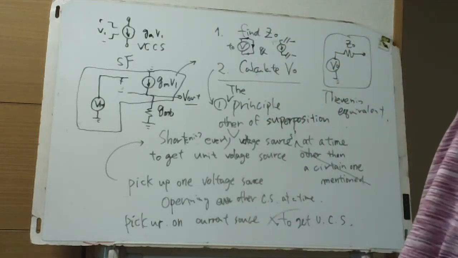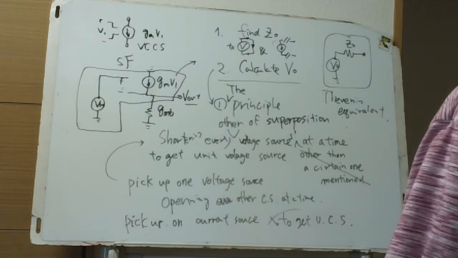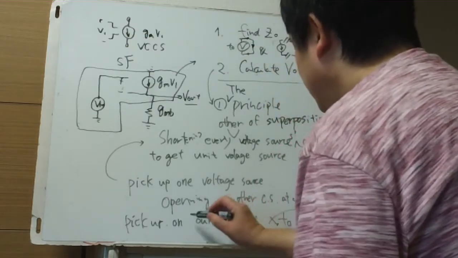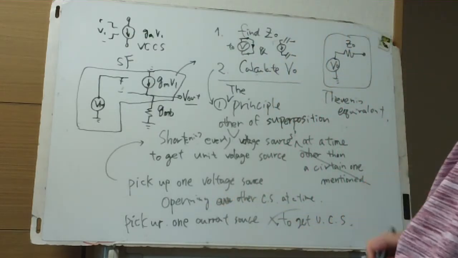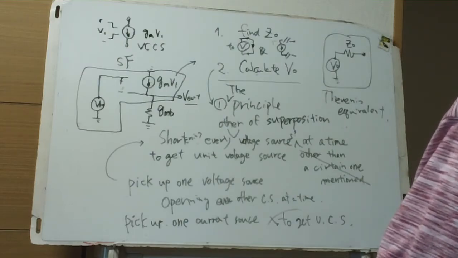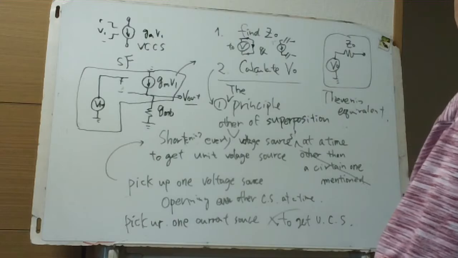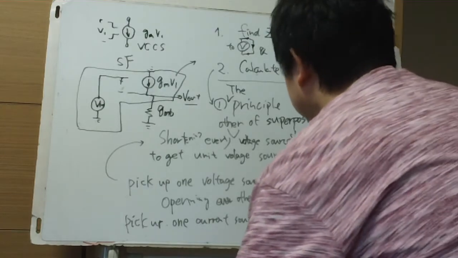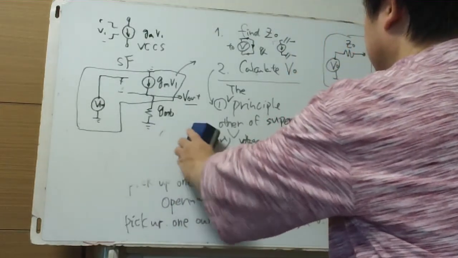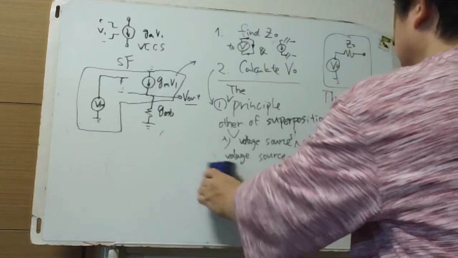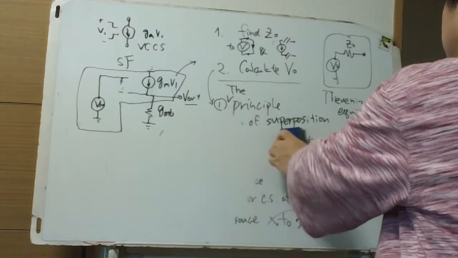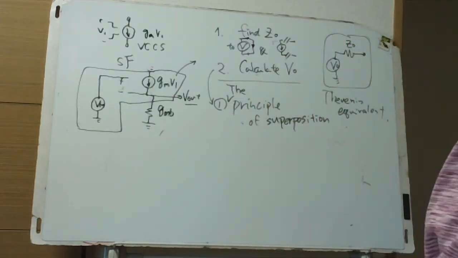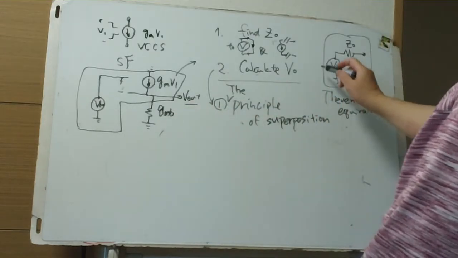Pick up one voltage source, shorting every other voltage source at a time to get a unit voltage source, and pick up one current source, opening every other current source at a time to get a unit current source. And add up to get one superposition of voltage source or current source respectively. At this time we need the Thevenin voltage